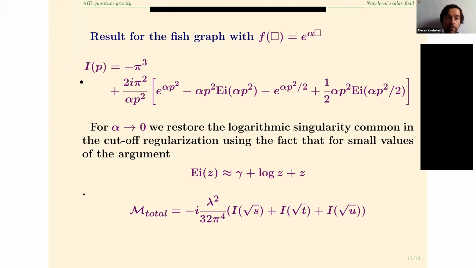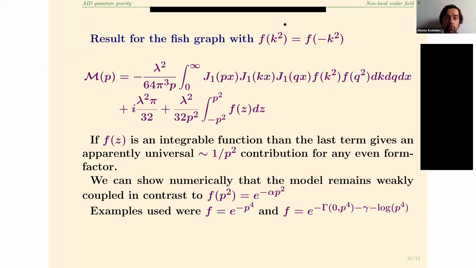To make our progress even more, we decided to see what we can do for a generic form factor. And to our surprise, it was possible in this particular theory to compute the fish graph for a generic even form factor. And we have reason to assume why this function should be even with respect to its argument. And even this nasty integral, which is written here, can be performed over x, even though it's not too much illuminating, but it will be written as a